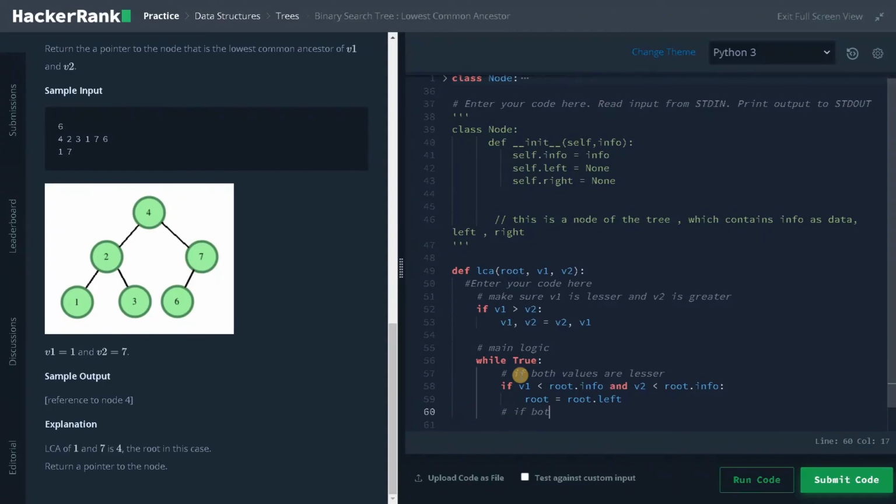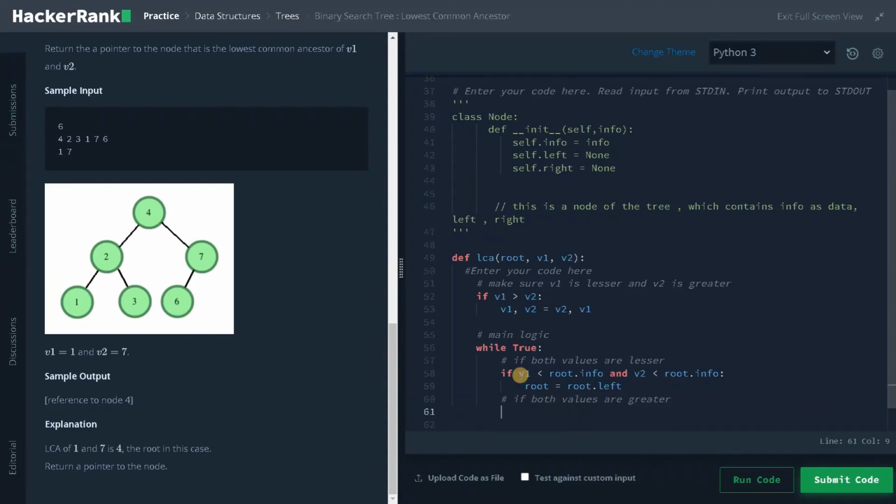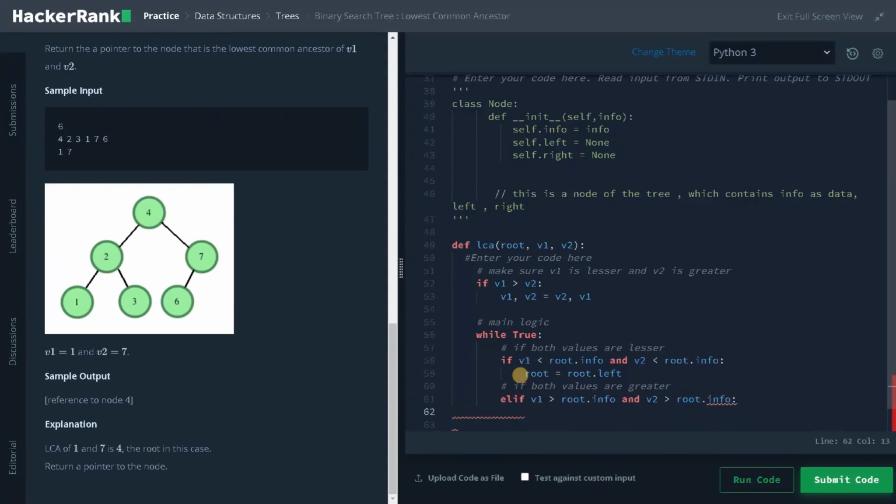Next is if both values are greater, elif v1 greater than root dot info and v2 greater than root dot info. If both the values are greater means we will go to the right subtree. Root equals root dot right.